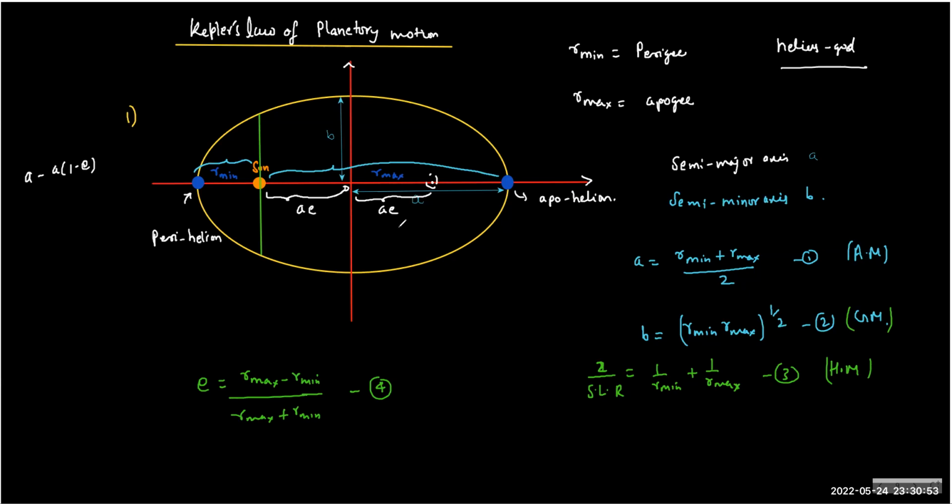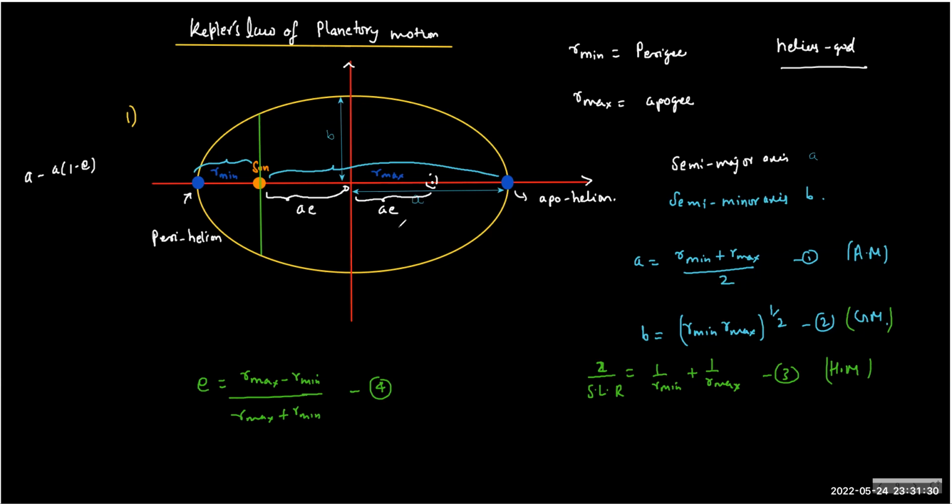So one is the critical position where it is neither opening nor closing. The moment you make it less than 1, it will close back and form a closed shape. And the moment you exceed the value 1, it will open forever, and we call it a hyperbola. So a hyperbola is when e exceeds 1. A parabola is when e is equal to 1. And anything less than that, we call an ellipse.